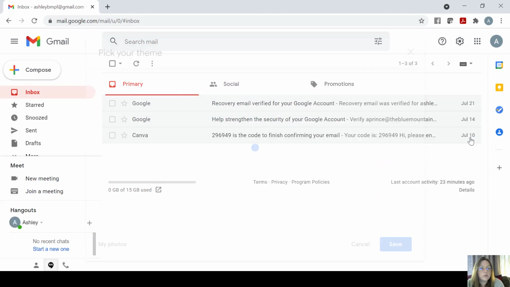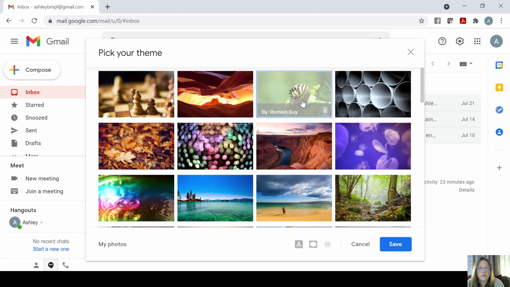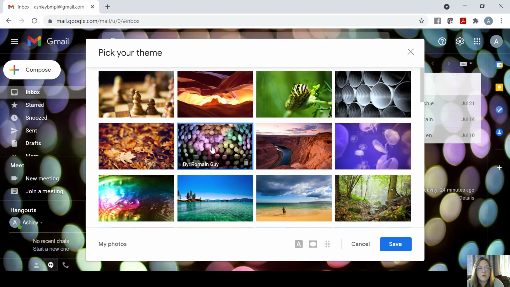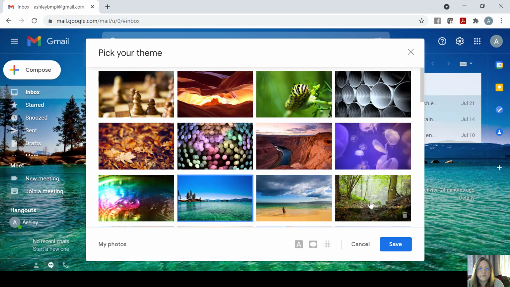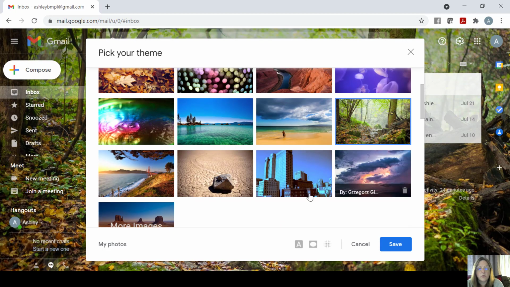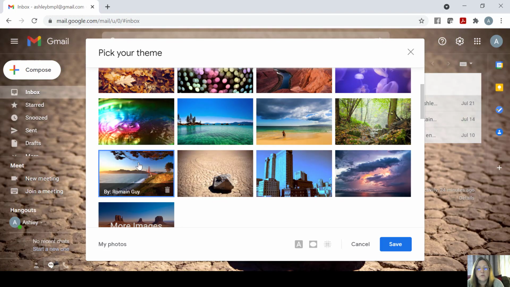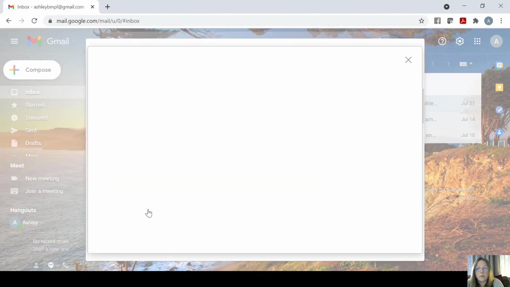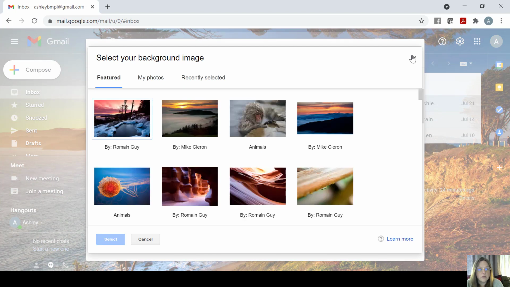Theme, you can choose a theme if you like, so you can view all themes. If you'd like to have a theme on your background, you can do that as well, and it will change as you go. You can go through that way and do that as well. Or you can have your own pictures. If you'd like to put your own pictures in there, you can add a picture as your background to your Gmail. For this, I'm just going to leave it as no image, just because I don't want